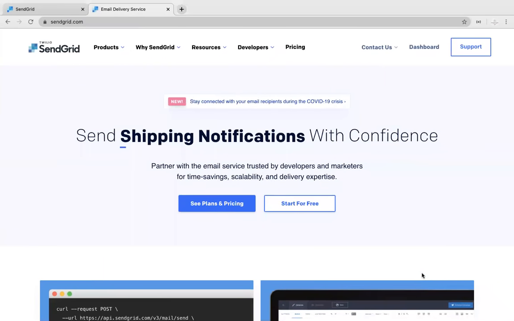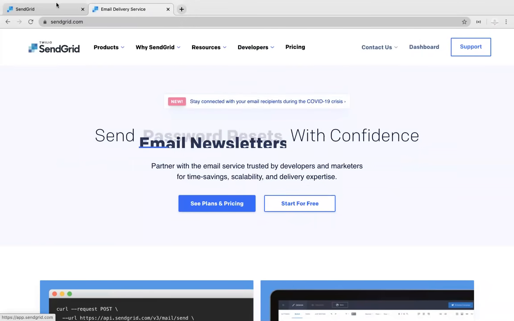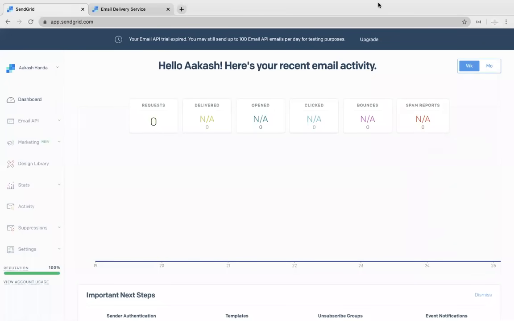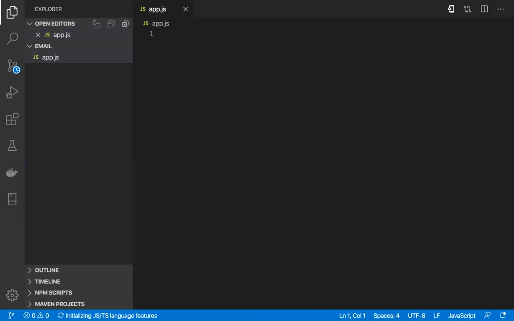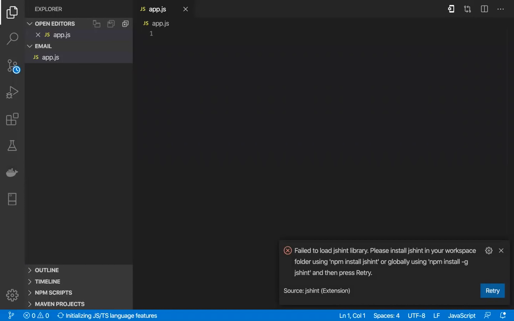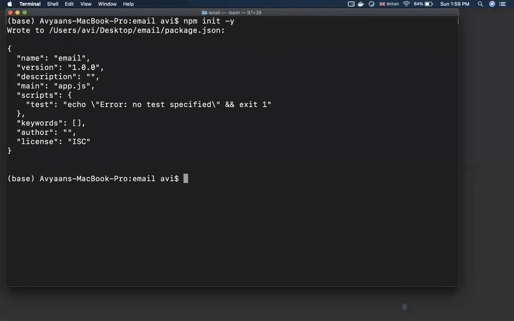So let's begin. For this email, I'm using SendGrid as my server. You just sign up on SendGrid and you will reach this place: how to set up an application? We'll make a simple folder and I'll make one file, say app.js. Whenever we start working with a JavaScript framework, you must have one package.json. How to create it? Just write npm init -y. It will generate one package.json for you.